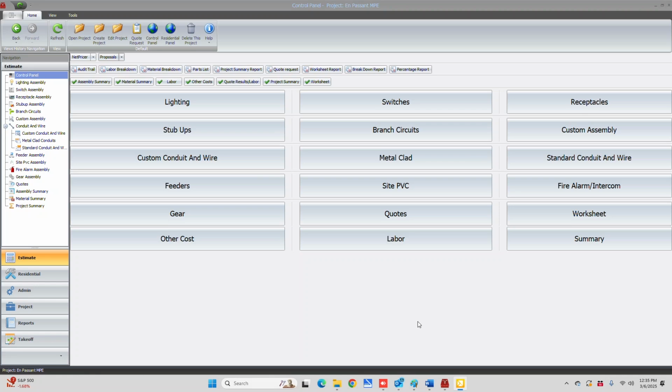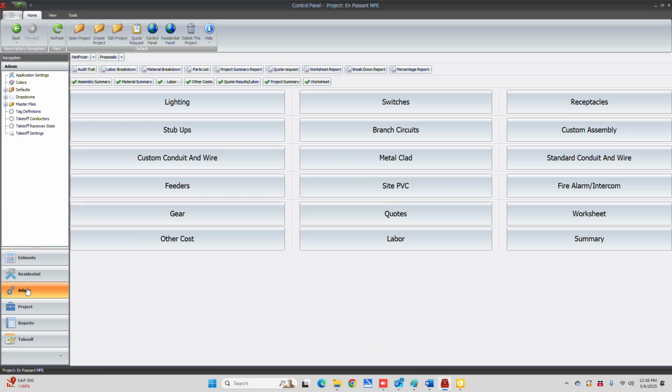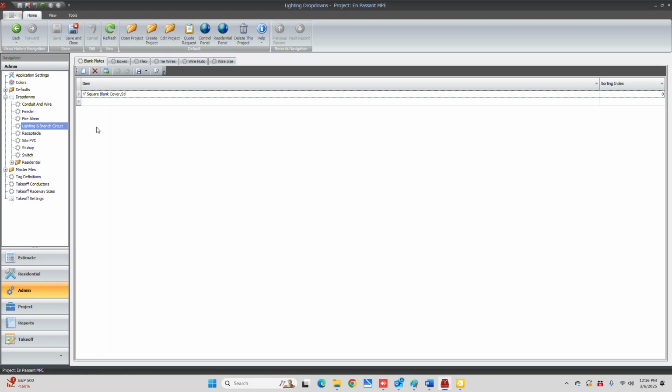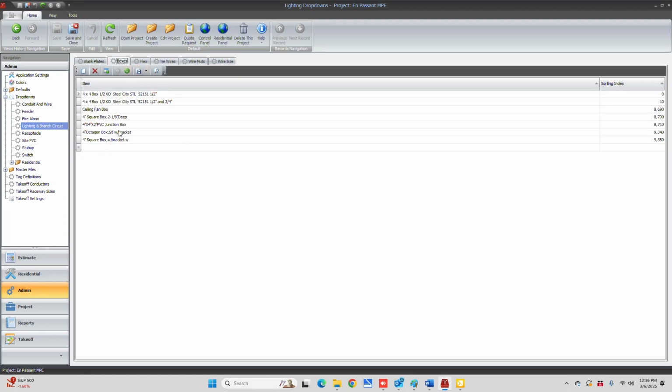So now we've sort of addressed most of the everyday features. Let's dig a little bit deeper into some more advanced things you can do. So you can go to the admin panel and let's go to drop downs. So the drop downs, let's go to lighting and branch circuits. Go to boxes. Now these are the boxes that are shown when you click your drop down in lighting and branch circuits. If you want more boxes, you simply click the new,